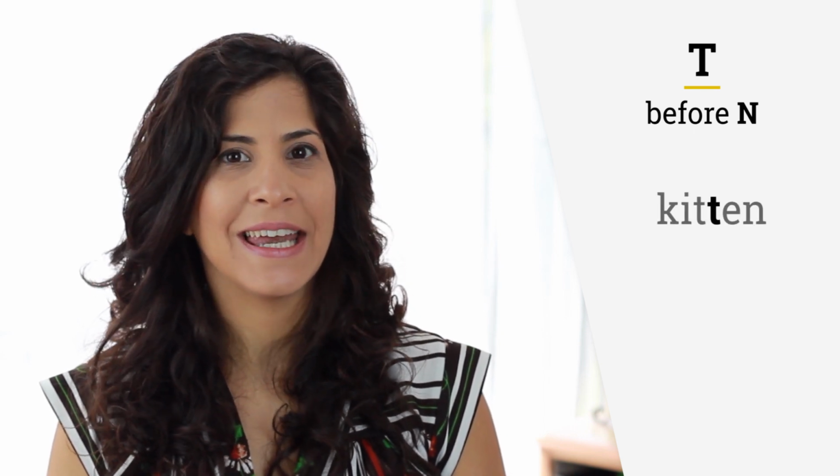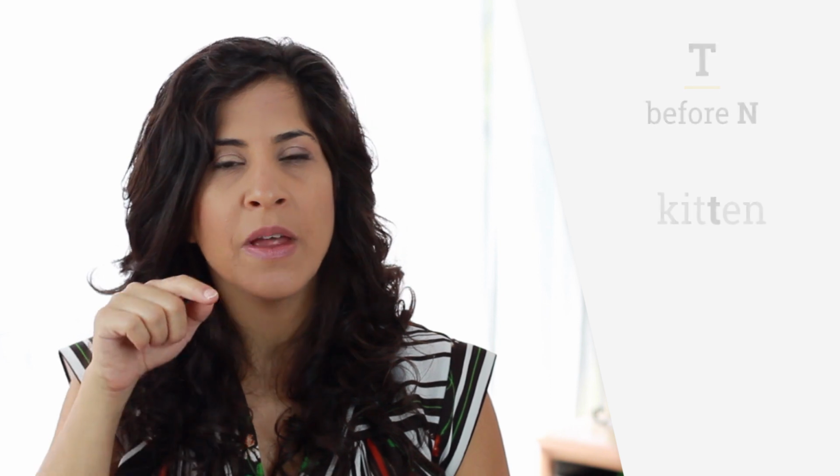When a T appears before an unstressed vowel, hence the schwa, and then an N, the T is not released, but it's released through the nose, as in the word kitten. All right, so let's figure out exactly what we're doing here. The tip of the tongue goes up for the T, kit, but it's not released. That means you don't hear that pop sound, all right? So the tip of the tongue goes up, kit, and then you open a gap in the soft palate, the back of your mouth, towards your nose, kitten. Then you release the air through the nose, and then you connect it directly to the end, kitten,